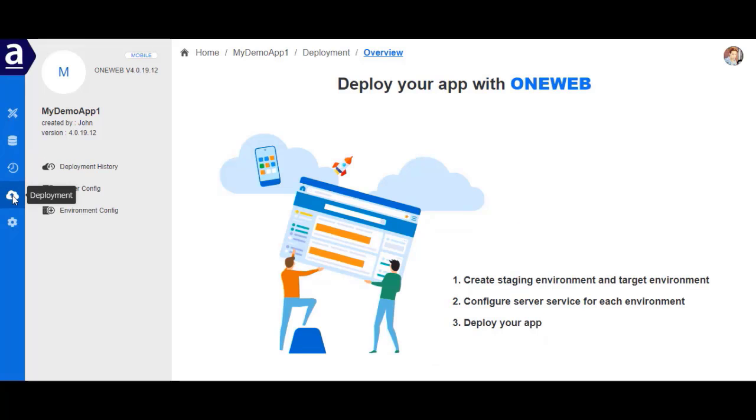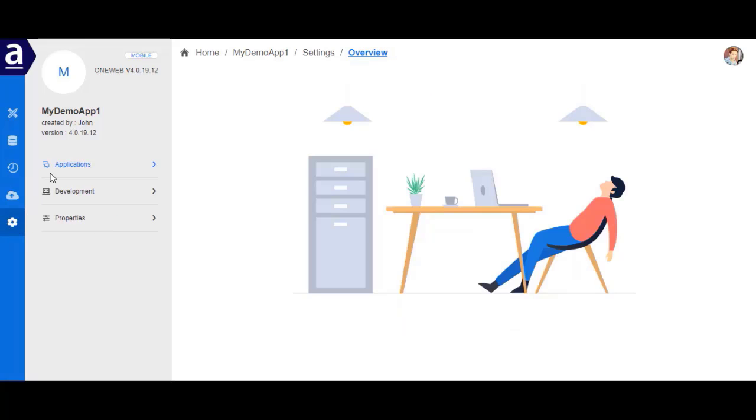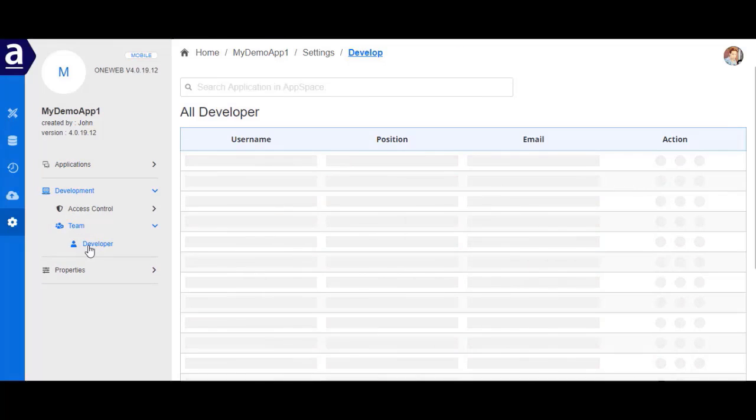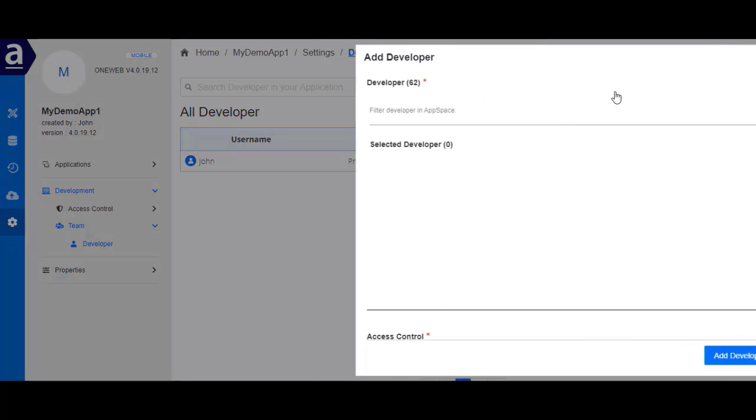You can also perform application deployment to multiple environments directly from AppSpace and do continuous integration and continuous deployment for your designed applications. It's auto-integrated with OneWeb IAM, which is Identity Access Management, so that you can set control permissions for any objects or your application components directly from the AppSpace. It also eases team collaboration, where application owners can simply add new members or remove any existing members from their application projects.